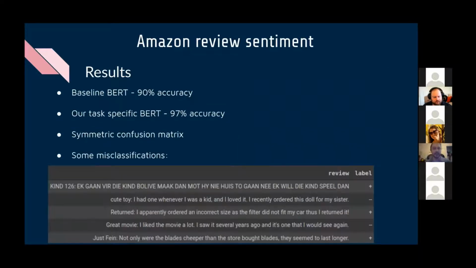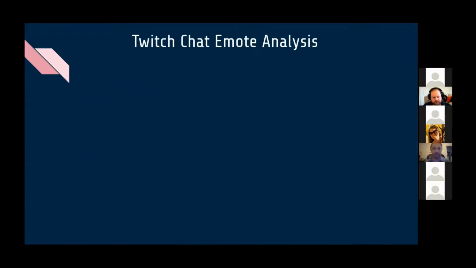And we can take a look at some misclassifications here. In a lot of them you see, they'd be pretty hard, even for a human, to get right. I'll say the one on the bottom, a human could probably figure out that that is indeed a positive review. And in fact, BERT did as well after the spelling errors were corrected. And so that gives us an idea of where we could go next to try and get some more juice out of it. All right, with that being said, let's go on to our second task, which is